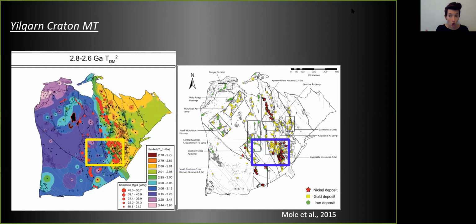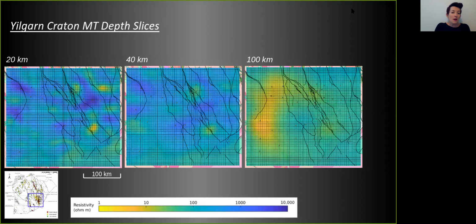This survey is just a long period MT survey, so focusing more on the lithospheric mantle, and it's being supplemented by a broadband MT survey, which will give us a lot more detail of what's going on in the crust and take this from the lithospheric scale through to the camp and deposit scale. But for these